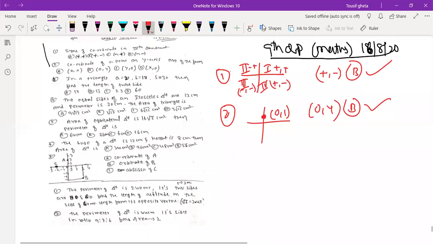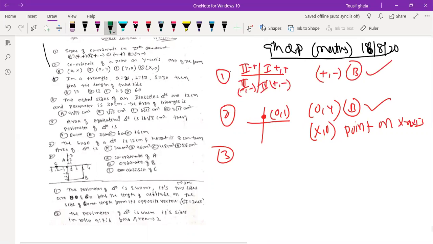Point on x-axis means what will come, boys and girls? Point on x-axis means what will come? X, comma 0. Remember, point on x-axis is x, comma 0. Remember this. This can be a question in your exam even. So the next question was the third.